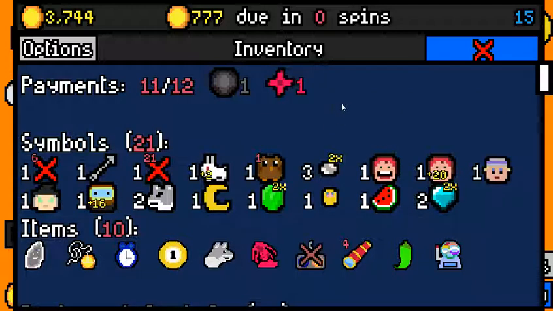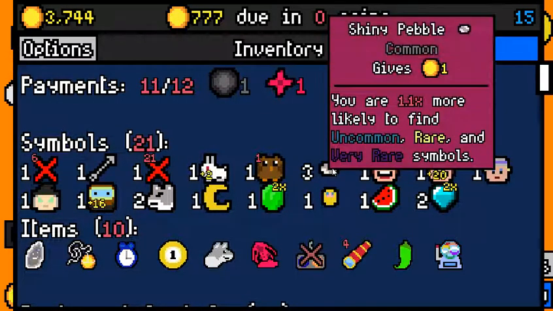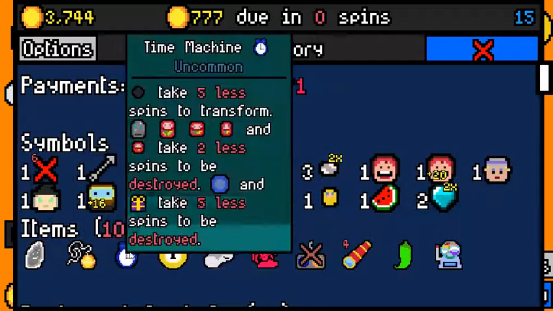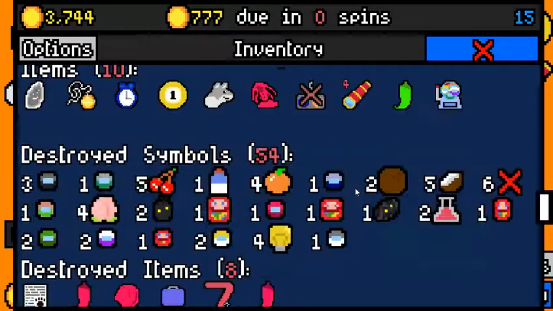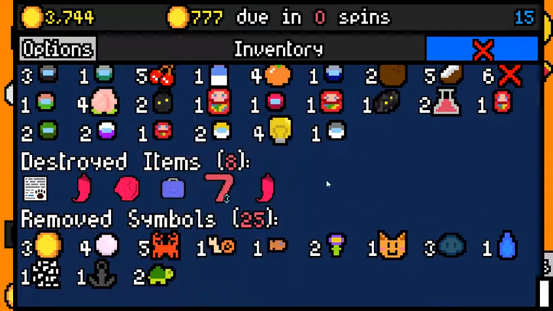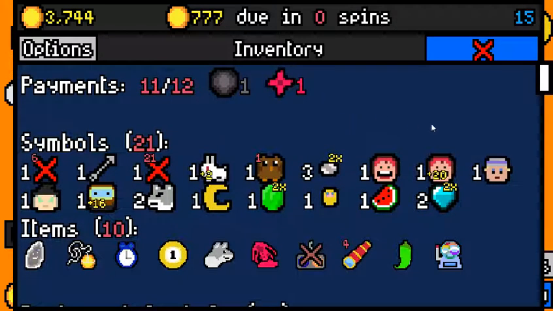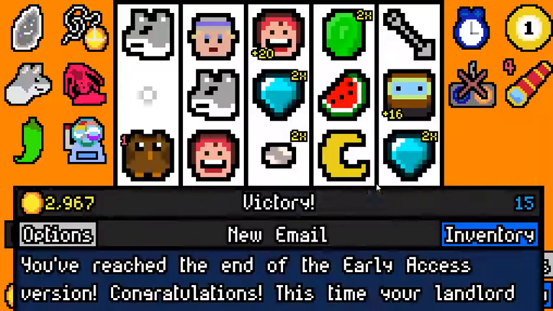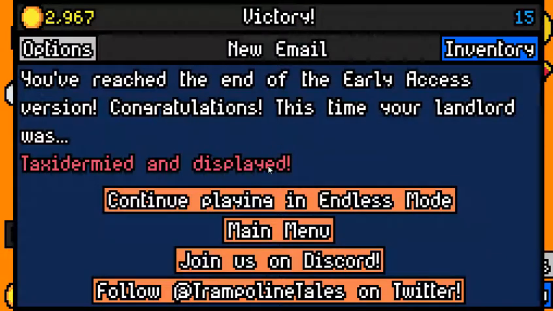Alright, so obviously this run was insane. I think a lot of it was due to picking up the shiny pebbles. The shiny pebbles with Clouded Kernite was obviously very good. Time Machine helped a lot, but especially having the Cleaning Rag Essence. I mean, Cleaning Rag Essence is completely insane. But we got the Mrs. Fruit, we got the Diver, we got the Witch with the Moon. Honestly, everything about this run was busted. I don't really need to explain anything about it to you. This was fun. Not a very tense run, but just